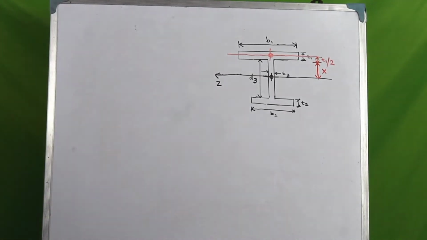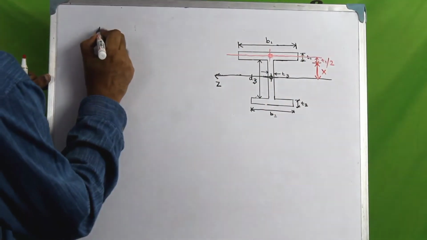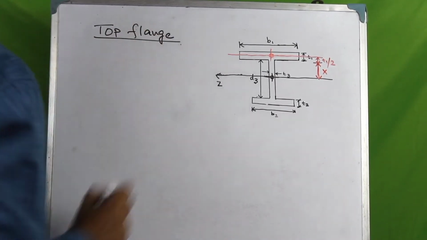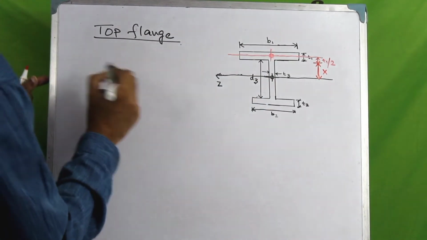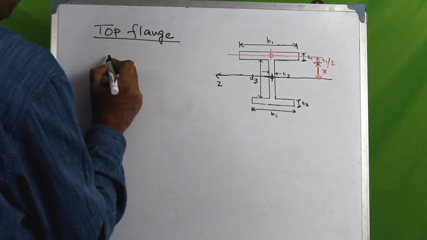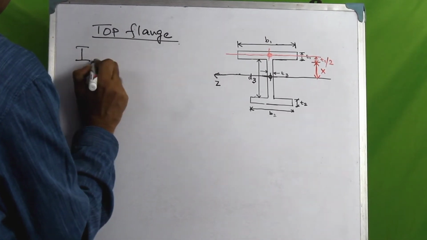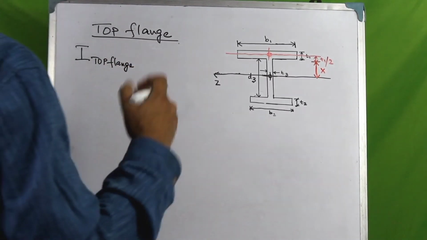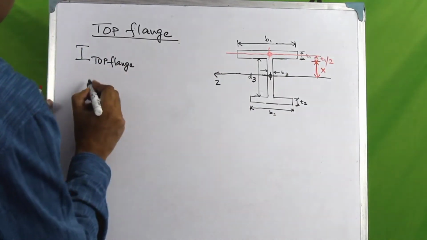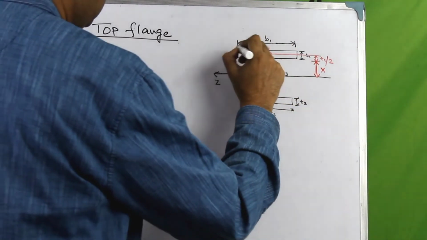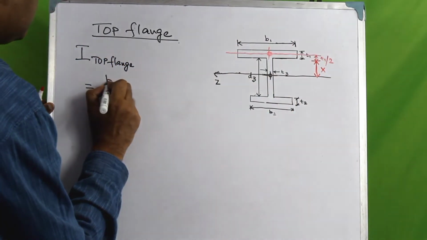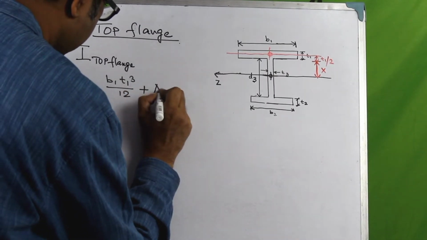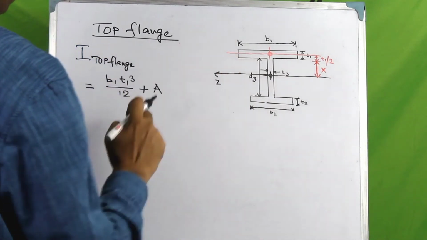So the moment of inertia of the, now we are only considering the top flange, okay? So we are only considering the top flange. The contribution of the moment of inertia as per the parallel axis theorem, the contribution of the top flange to the moment of inertia of the whole cross section, would be given by the moment of inertia of the top flange about its own centroidal axis, which would be b t1 cube by 12, plus the area of the top flange, so that would be